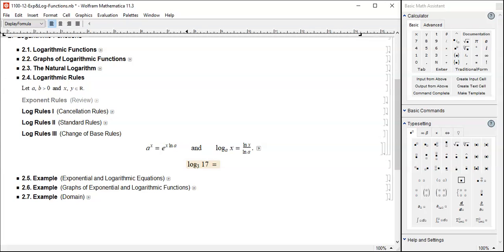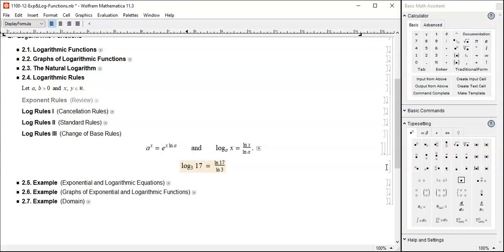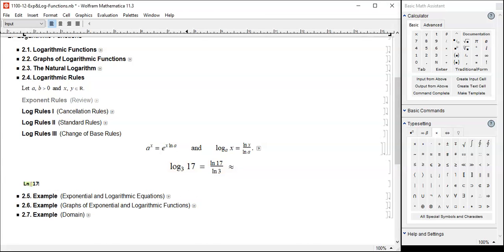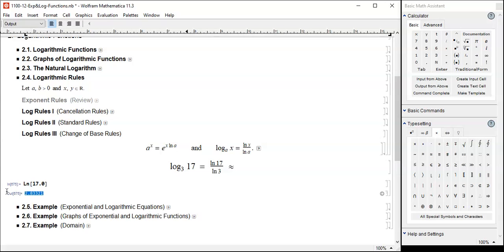So you can change it into natural logarithm of 17 over natural logarithm of 3. Let me expand the font a little bit. Up is up, down is down. It's easy to remember. And then you can use your handheld calculator for natural logarithm. It'll turn out 2.83 something